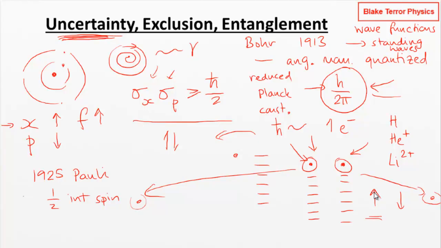Now, this was shown to not be true in the 1960s. It was shown in the 1960s that these are genuinely undetermined until measured. So the one here on the left has still got a genuine 50-50 chance of actually being up or down. It's not just 50-50 of, well, is it up or down? It's not a straight probability in that point of view. Well, we've got one or the other, let's just see which one it is. That isn't what it is. It is genuinely undetermined until measured. And then when measured, the other one has its value determined.